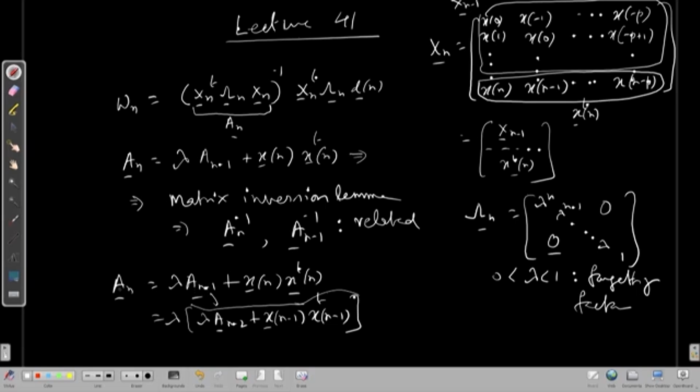If you replace A n by A n minus 1 in the left hand side, you get lambda A n minus 2 plus x n minus 1 x n minus 1 transpose. That is what you replace. This lambda is this lambda, and good old x n x transpose n. Again you replace A n minus 2 by the formula, it will be lambda A n minus 3 plus x n minus 2 x n minus 2 transpose. Replace that here and go on doing it. So, if you do that, you will finally get